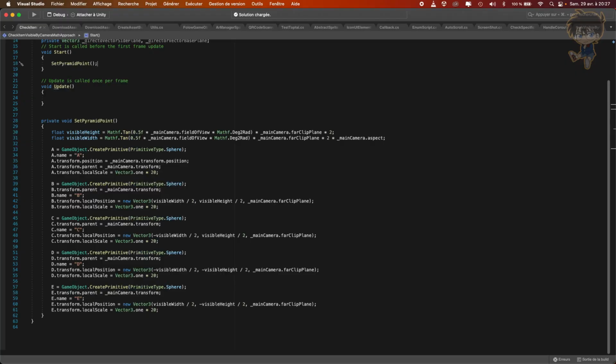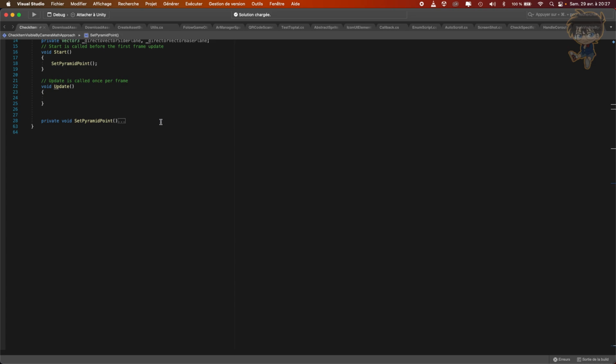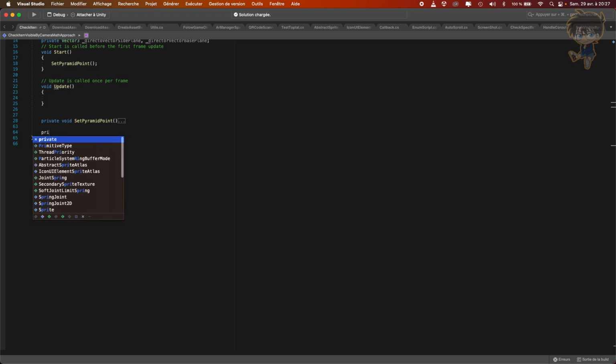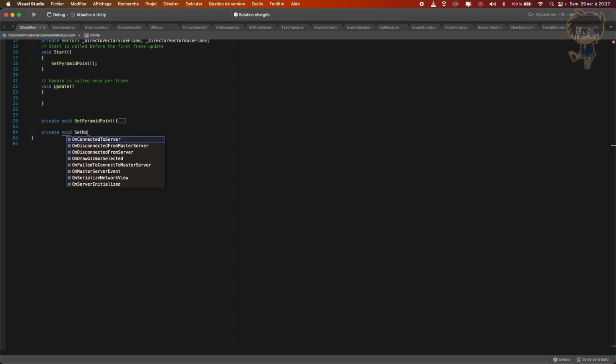Now let's head back to Visual Studio, and this is now where it's getting dirty, because it's easy to understand, but I know for some people it will be more difficult to understand how to represent it in the mind. So this is why, tell me in the comments if you want me to make an explanatory video, a mathematical approach to understand how this thing works. So what I will need to do is make a private void set normal vector for each plane. So basically for each plane,